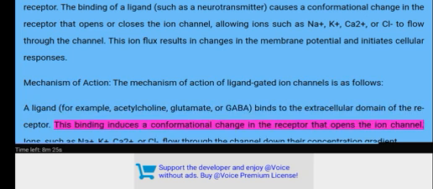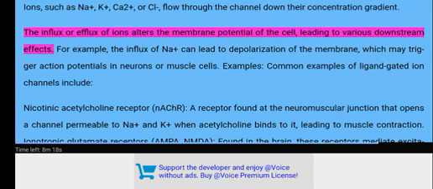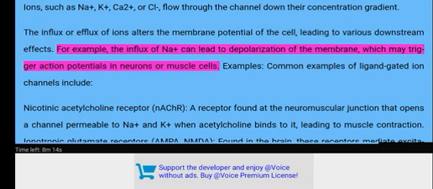This binding induces a conformational change in the receptor that opens the ion channel. Ions, such as Na+, K+, Ca2+, or Cl-, flow through the channel down their concentration gradient. The influx or efflux of ions alters the membrane potential of the cell, leading to various downstream effects. For example, the influx of Na+ can lead to depolarization of the membrane, which may trigger action potentials in neurons